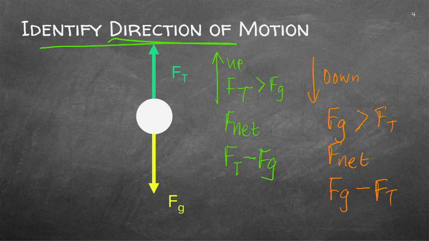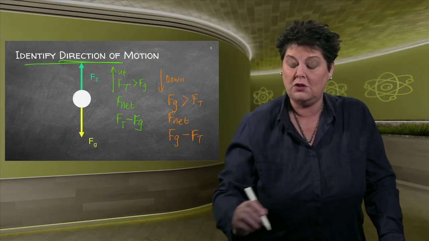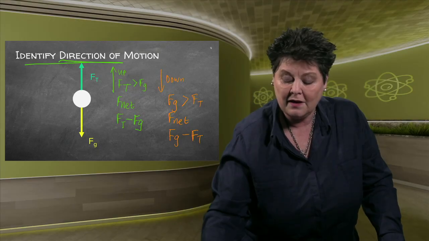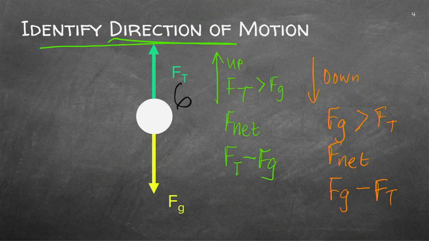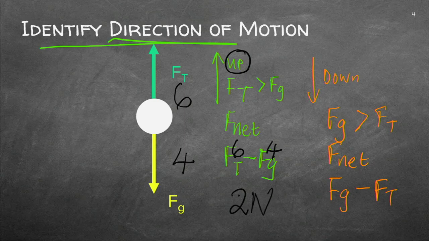Let me quickly put that into quantities so that you know why we are saying it's moving up and down. If the upward force is 6 and the downward force is 4, you know it will be moving up. You know the difference between these two is 2. How did you get to 2? I took the 6 and the 4, and if you subtract 4 from 6, you get 2. And in this case, it's forces, so it's Newton.